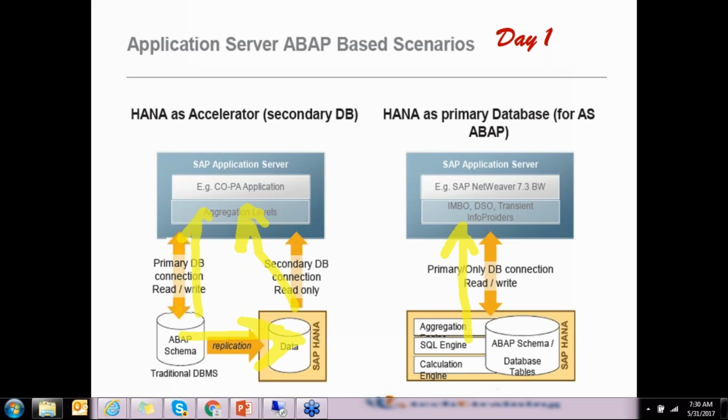Yes. You are in ECC, normal R3, with any DB. Parallelly, you are maintaining HANA DB. HANA DB is not a primary database. So you can write a report using ADBC techniques, which will extract the data from the sidecar HANA DB.